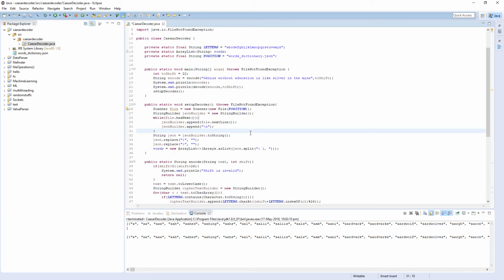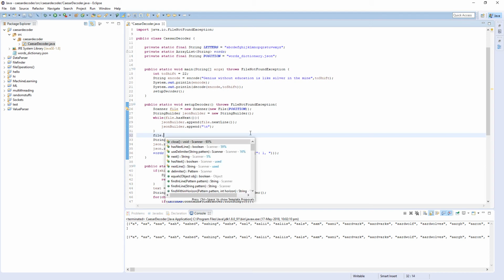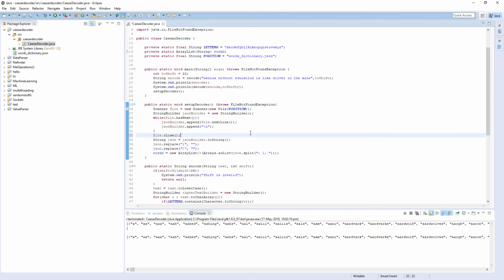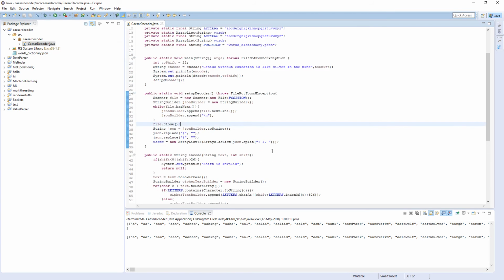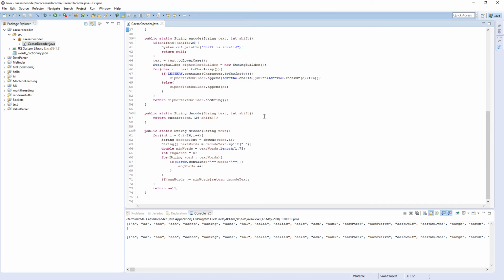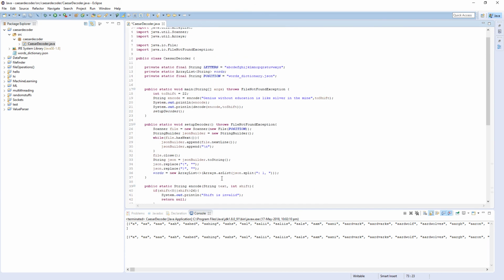Okay, just before this, we need to close that scanner, so do that so that we don't have a resource leak. And cool. So now, if we save that, we have perfectly written code, in quotes. So here we just write a result as fail. So if it fails to find a sufficient amount of English words, that'll just return fail. It can also return null, it doesn't really matter. Okay, and then what we'll do here, we'll just remove toShift. So now, if you run this,